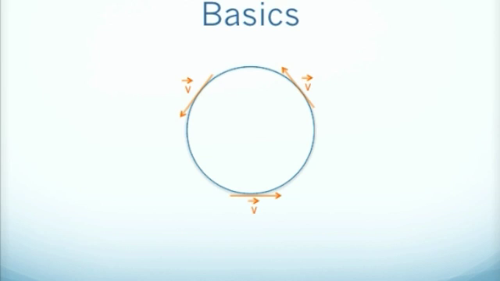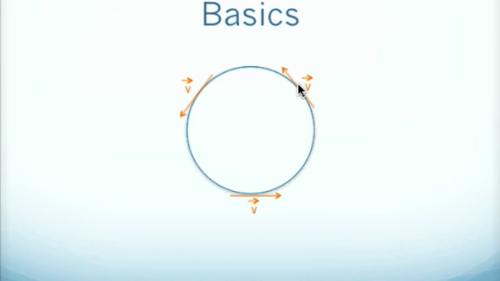So to start with, here we have a circle to represent a circular path that something would follow, and I've written a few arrows to show the velocity at certain points within the circle. So the velocity is tangential to the circle at these points. And as you can see, it looks like all the velocity arrows are exactly the same length, which means that they're the same magnitude. So you might be thinking, well, that means there's no acceleration,